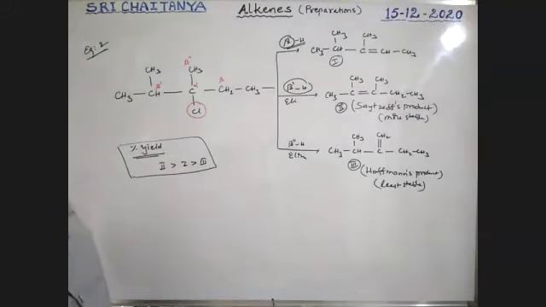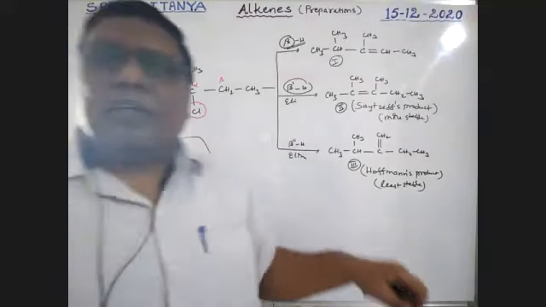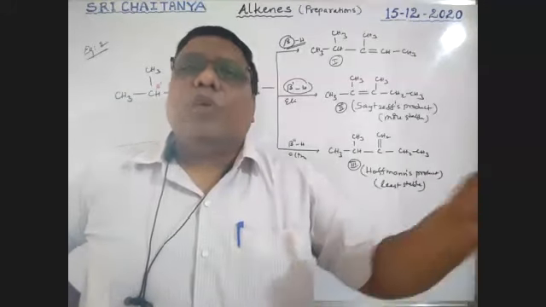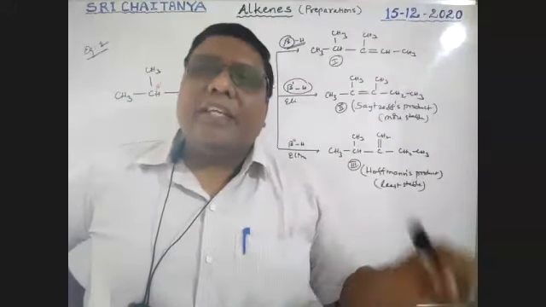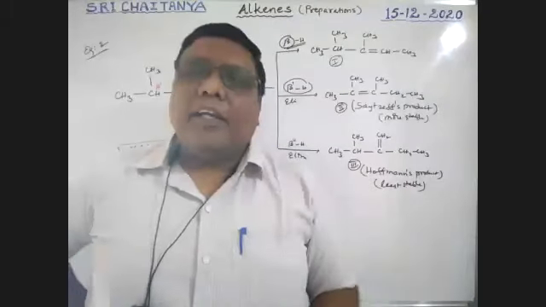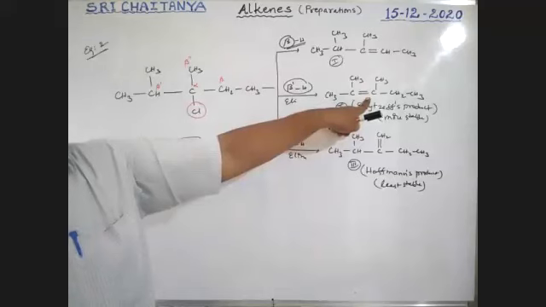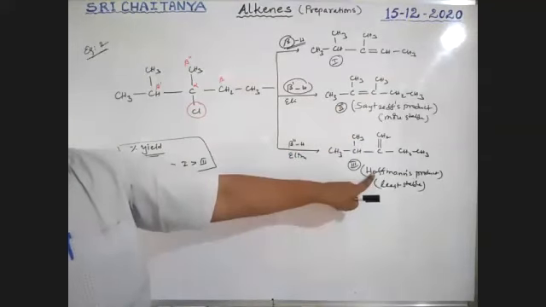We can use beta hydrogens. So formed alkene stability is what we observe. If the formed alkene is more stable, there is more yield. If the formed alkene is less stable, there is less yield. No doubt, we know the more substituted alkene is the more stable one, and the less substituted alkene is the less stable one.